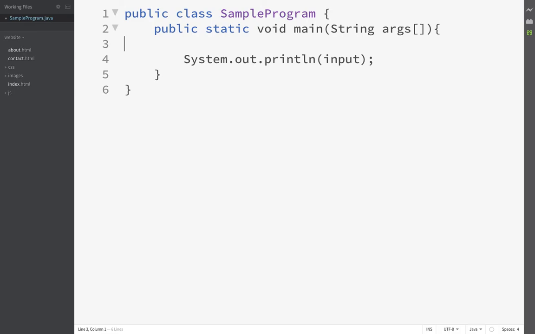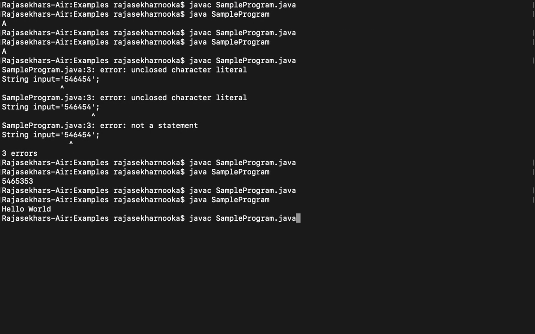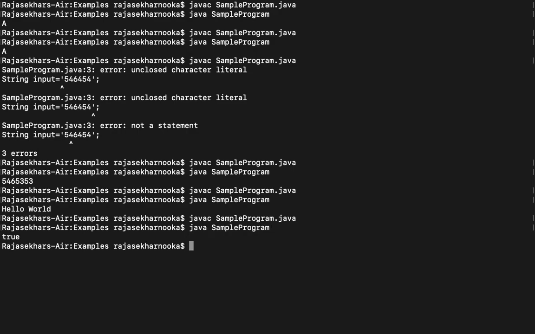See the example. boolean value equal to true. Compile the program. Run the program. So the output is true.